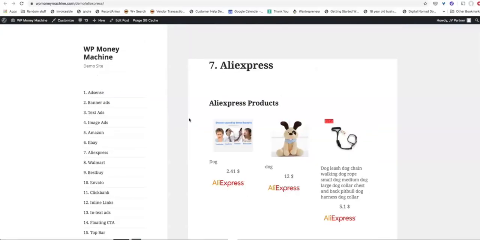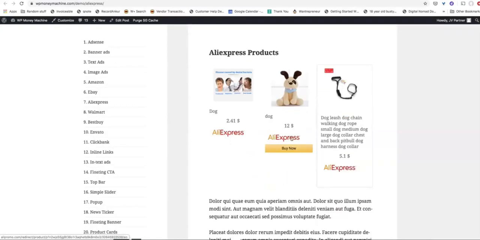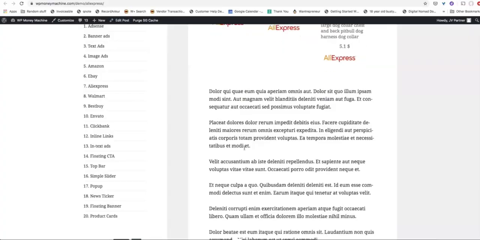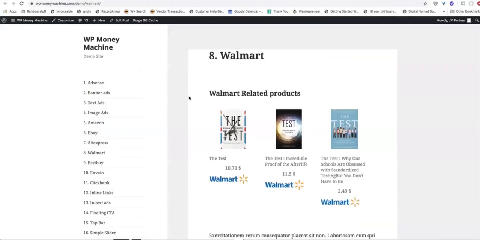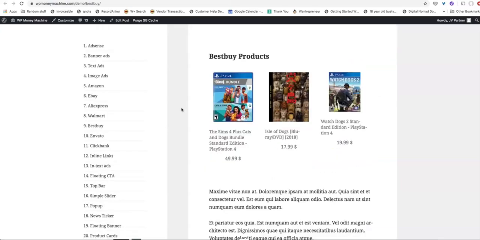Money machine number 7, you can earn from AliExpress by recommending products from over 10 million products that they have, and this is very, very popular. Money machine number 8, you can get paid when people buy daily essentials from Walmart and place home delivery orders. Money machine number 9, you can recommend products from Best Buy and earn commissions from all the sales that people